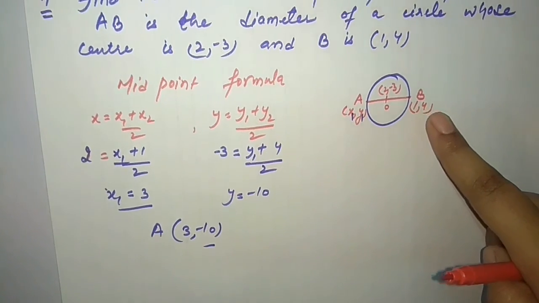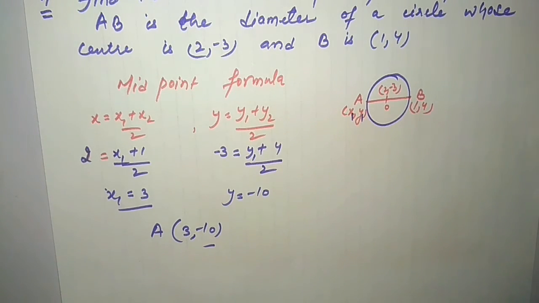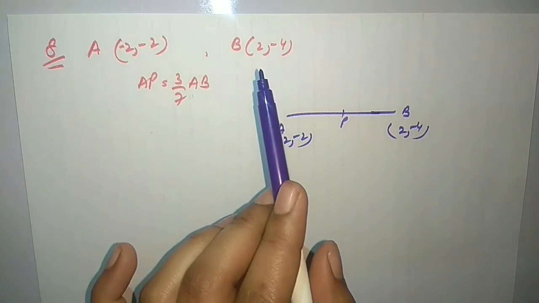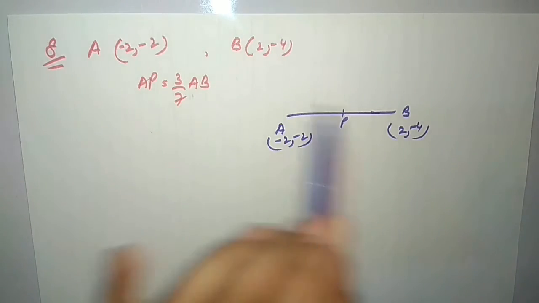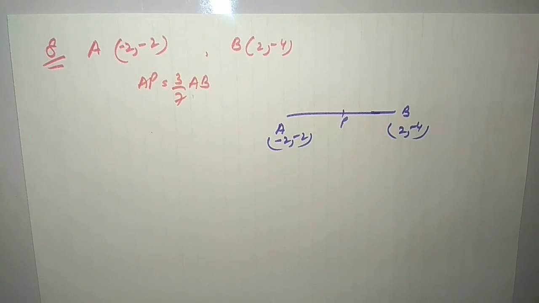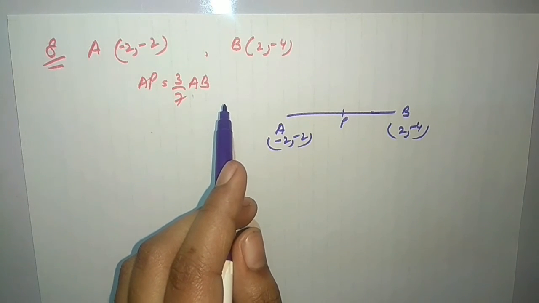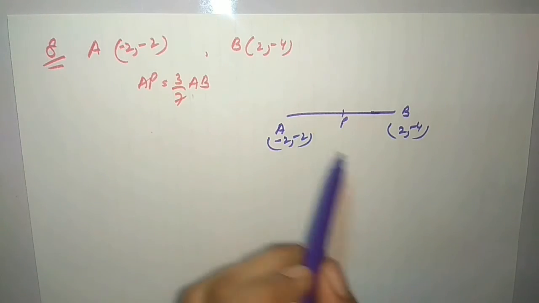This is question number 7. Now almost the full exercise is done except question number 8. In this I am going to give a small hint and then you can do this question also. Now here is the 8th question. In this question you are given that A and B are the coordinates of a line. Now find the coordinates of P such that AP is equal to 3 by 7 of AB and P lies on the line segment AB.